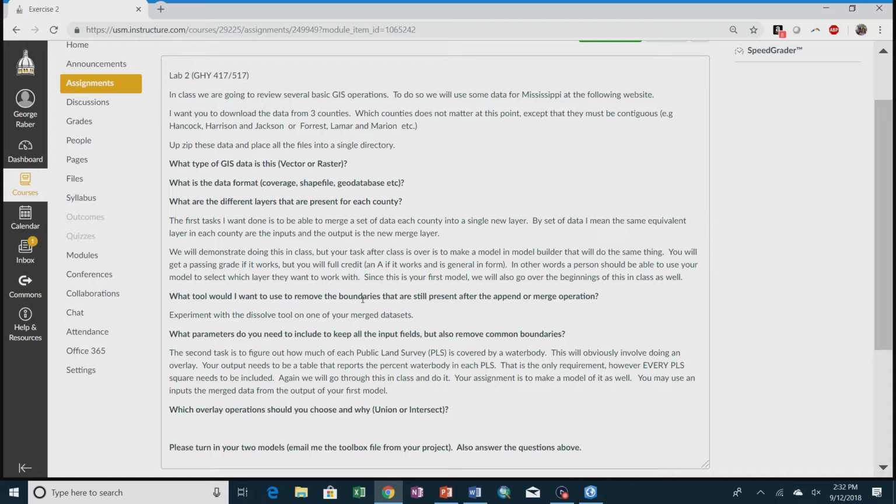All right. The next task is to figure out how much public land survey is covered by a water body. So that's obviously going to involve some overlay. Your output needs to be a table that represents the percent water body in each PLS. Okay? That is the only requirement. It doesn't matter what it looks like,